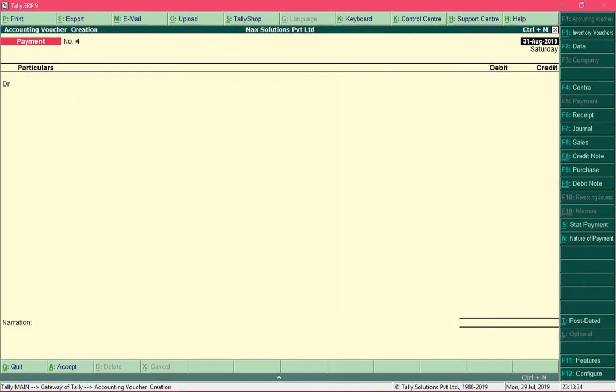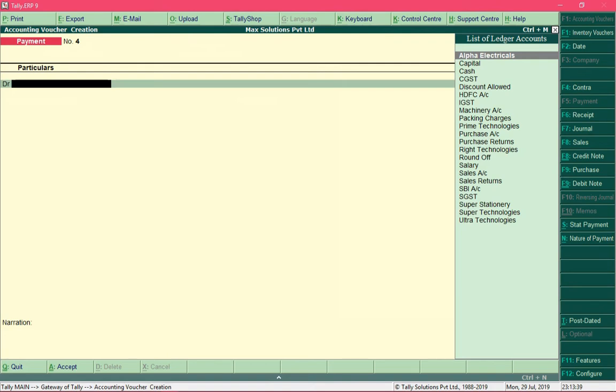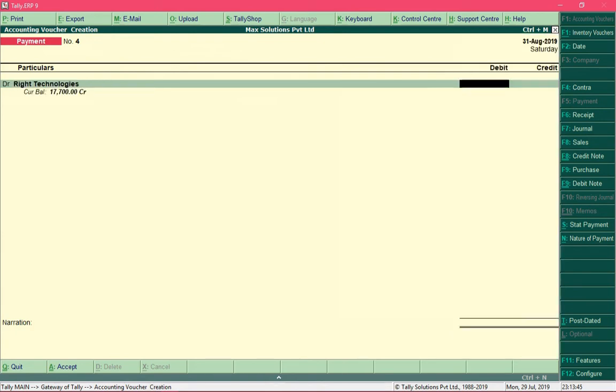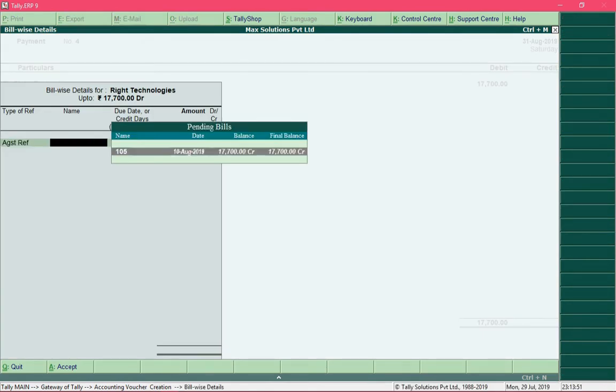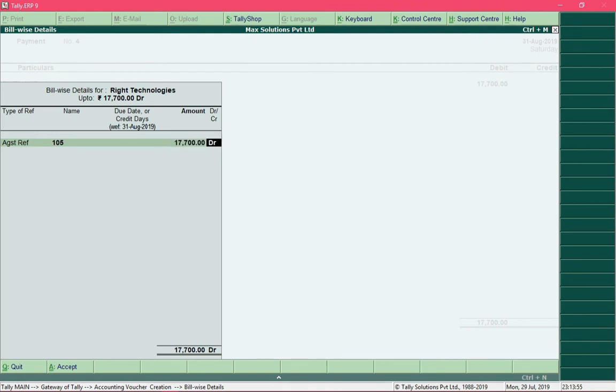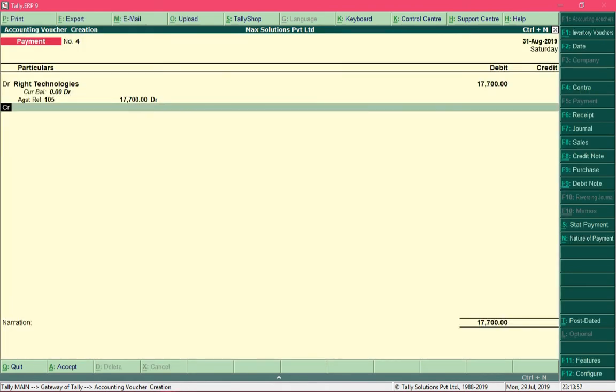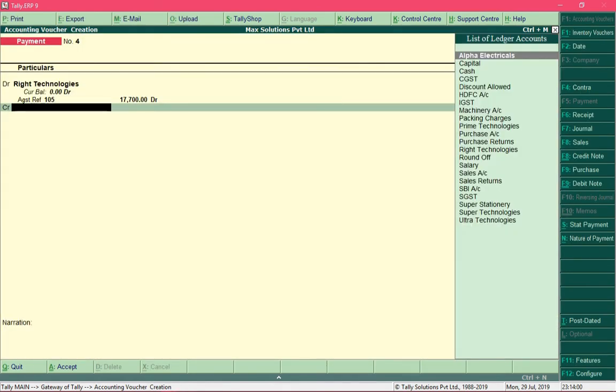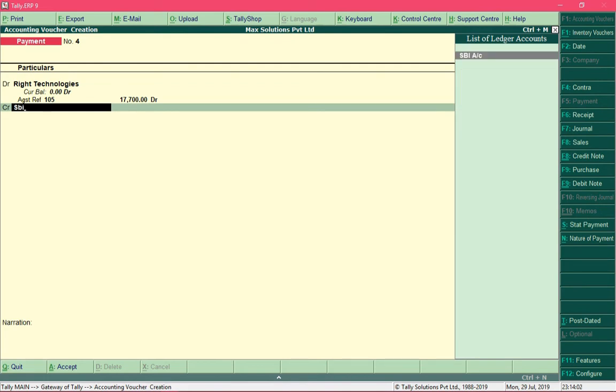And to make payment entries we use the payment voucher, which I am already in, and I will debit the receiver's account by rupees 17,700, and I am making this payment towards this invoice number which I am specifying over here, and I am going to pay this supplier from my bank, SBI.